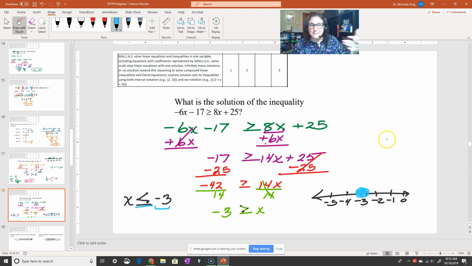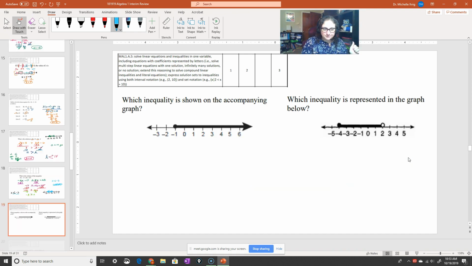And then I do the trick. I put 0. I say, is 0 less than negative 3? No, it's not. So I'm not going to color towards 0. I'm going to color the other way. So that means that I need to color this way. If it was, then I'd color towards 0. So if it was said, is 0 greater than negative 3? Then I would color, yes, it is. I'd color towards 0. But because it's not, I color the opposite direction.